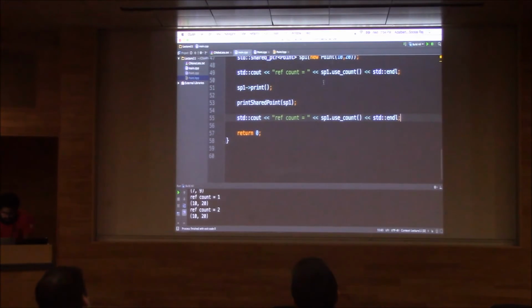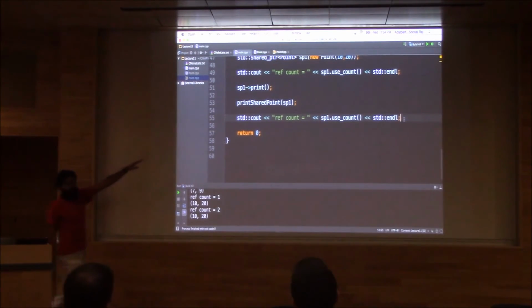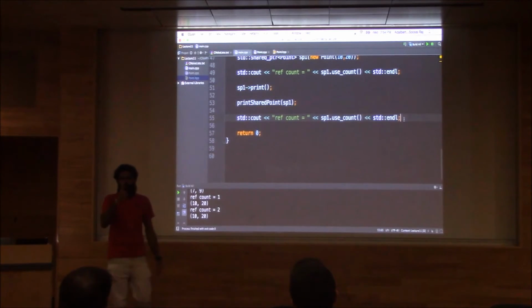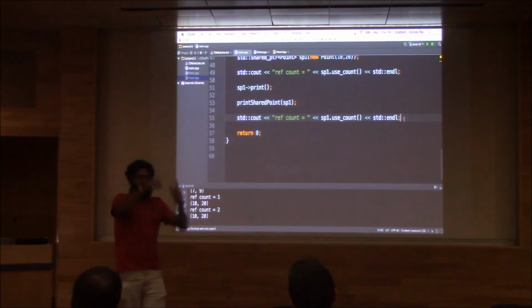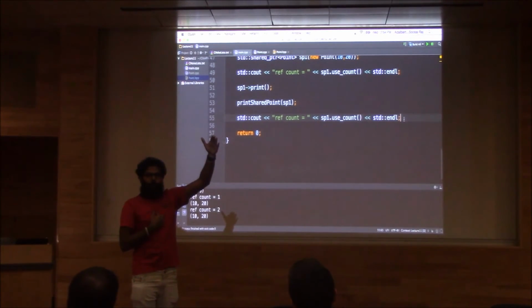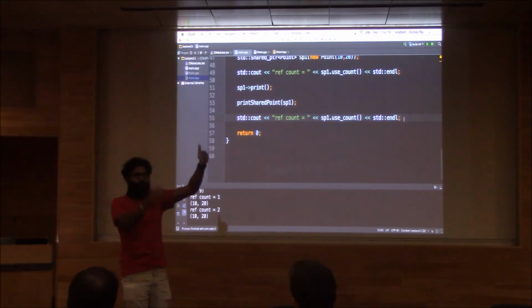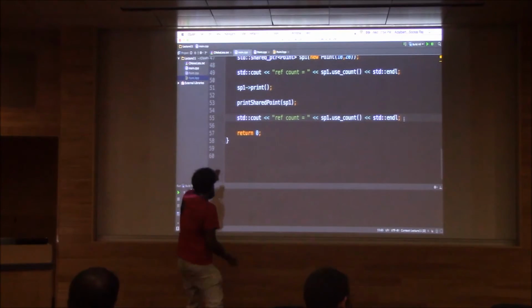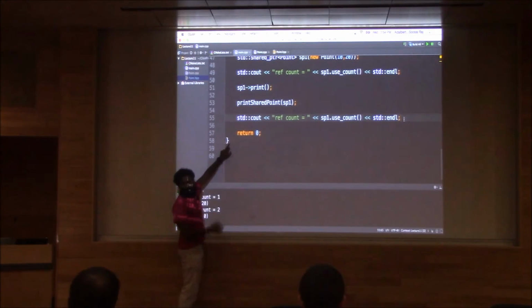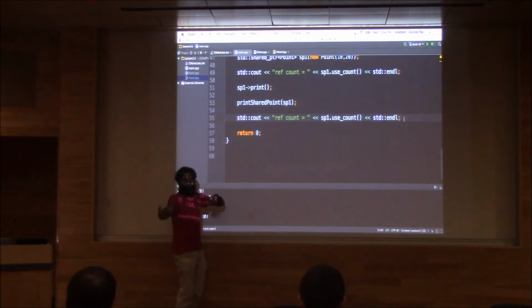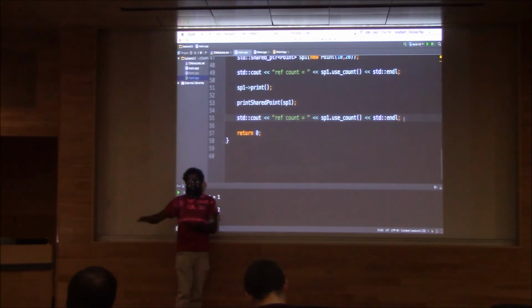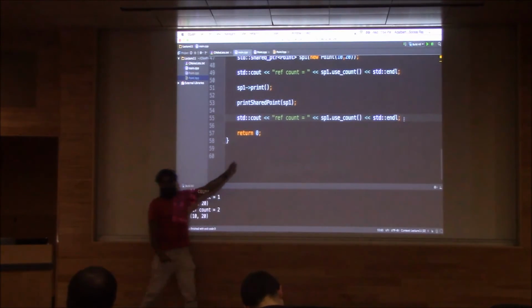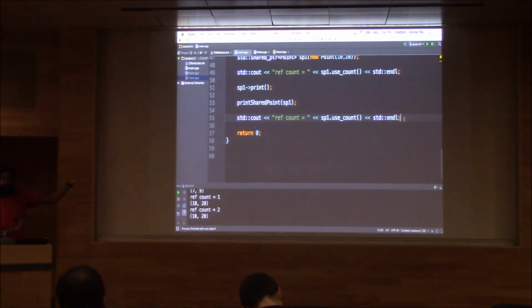the same thing again, ref count, can someone tell me what it should be? 1, because that function ends, and so SP2 has gone out of scope. Since SP2 has gone out of scope, it will decrement the reference count from 2 to 1, and when it comes here, SP1 will also go out of scope. It will decrement that count to 0, and once that count becomes 0, immediately that memory in the heap will be deleted. And this is such an amazing idea. This is called reference counting